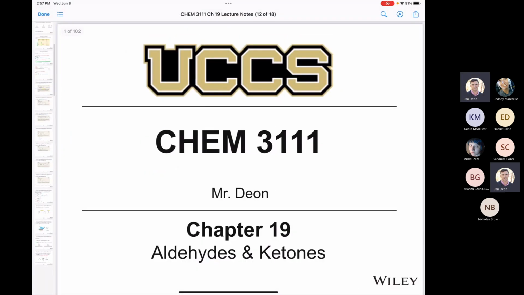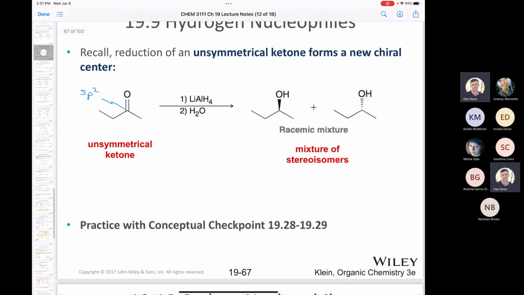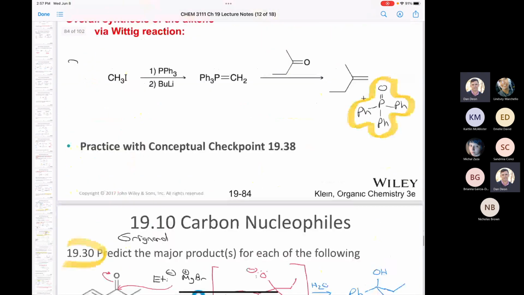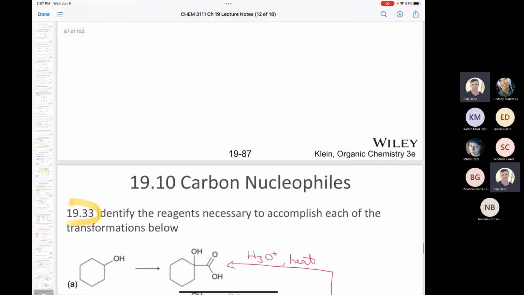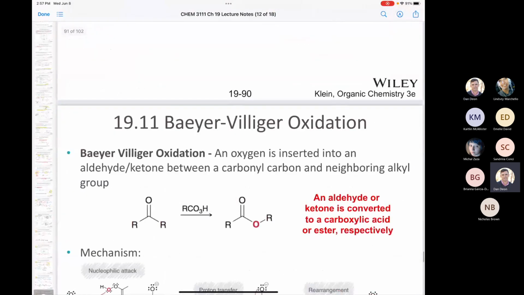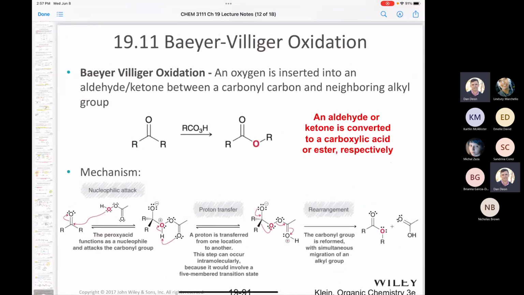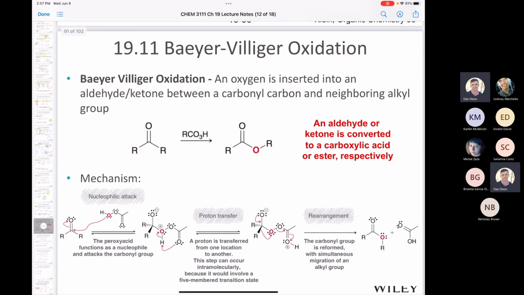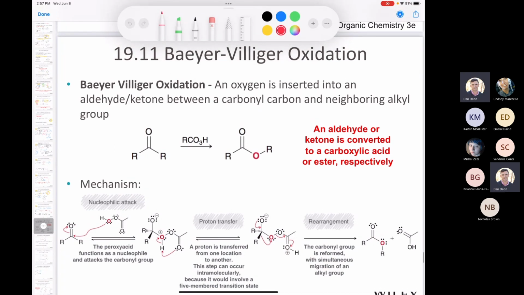And that brings us to the very last reaction in the entire chapter, which is down here. So we've covered Wittig, we covered Horner-Wadsworth-Emmons, and now we're on to the very last section, which is 19.11, which deals with the Baeyer-Villiger oxidation. And this was discovered partly by Bayer, the same Bayer that started the Bayer Pharmaceutical Company, which is around today. So he did a lot of stuff, even some pretty cool chemistry, and he discovered a reaction called the Baeyer-Villiger